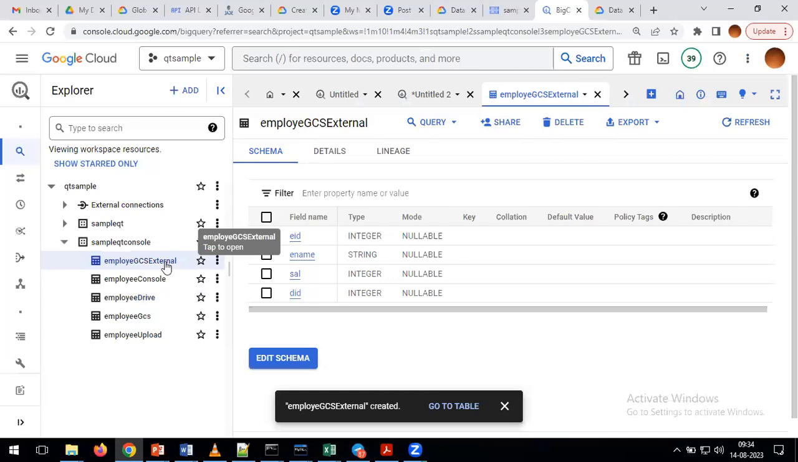Whenever we create an external table, as part of the creation of the table, it will not load the data into your BigQuery storage. For that reason, we cannot see the preview option here. Okay. Now in the same way,